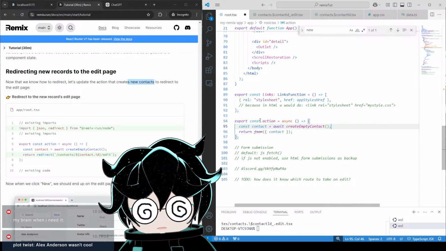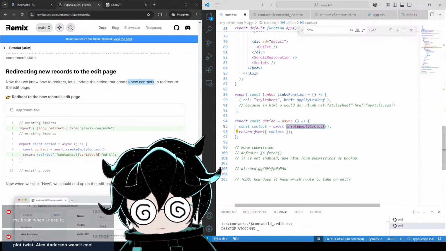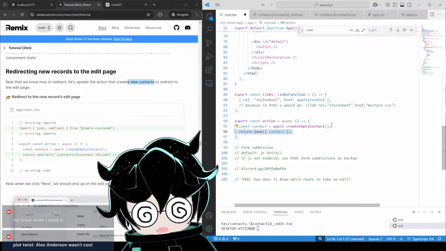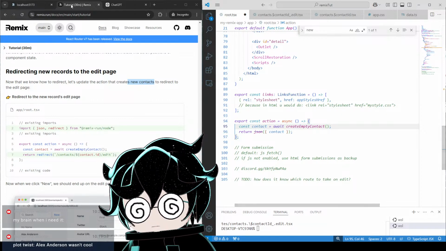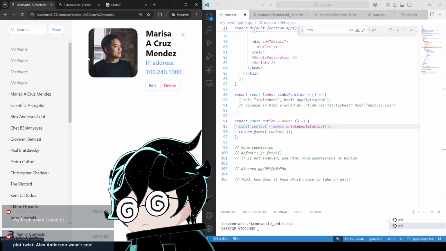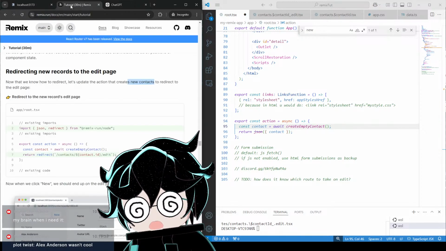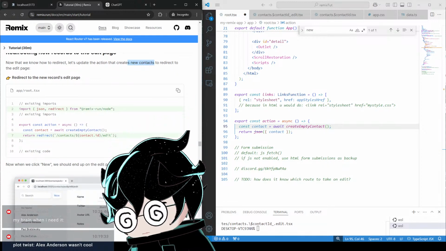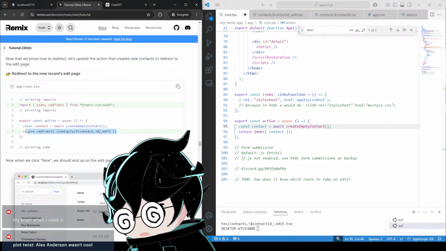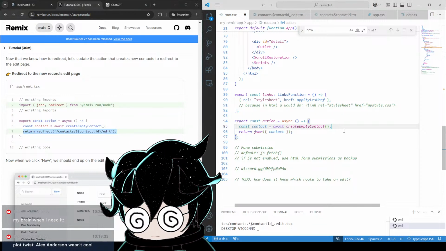So when you hit the new button, it creates an empty contact and then it just literally does that. So new. What if I'm here and I hit new? Yeah, it takes you right back to the home page. That's not what we want. So now we redirect them to the actual edit page of